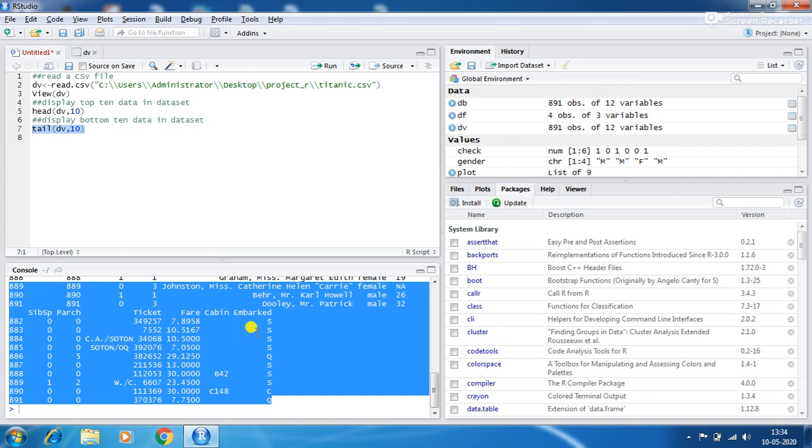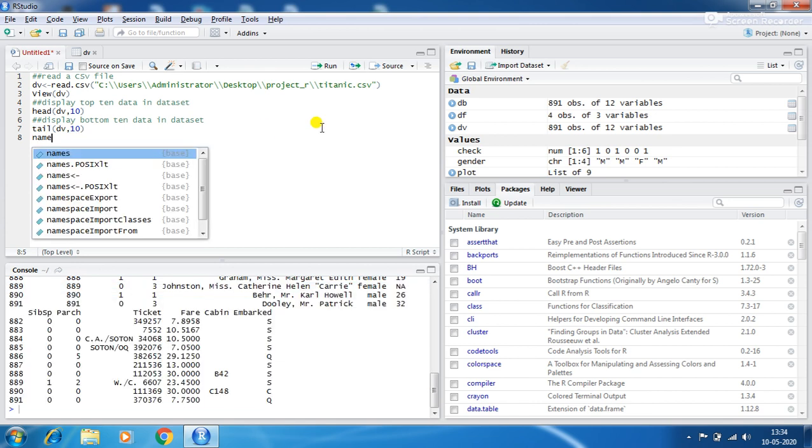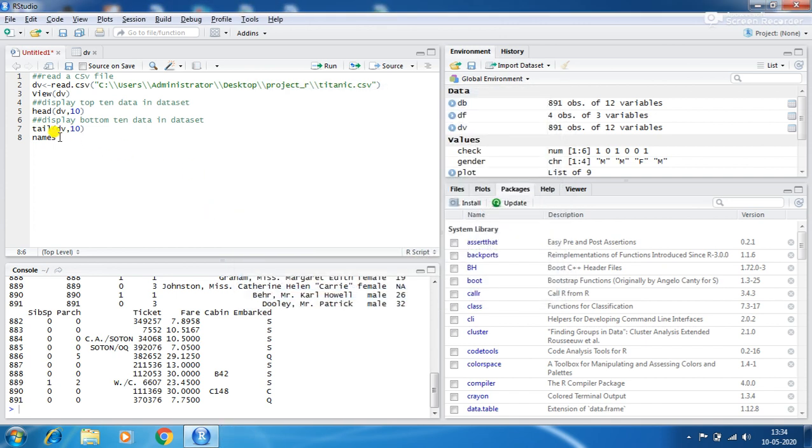Then, the names command shows the names of the columns present in the dataset, that is db, where db is the dataset.